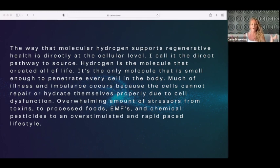The fluid in the body says there's too many toxins here, there's too many pesticides, there's not enough water, there's not enough way for me to get this stuff out. And so this is where this molecular hydrogen comes in. So what essentially happens is we experience an overwhelm in the body, and we start to produce what's called reactive